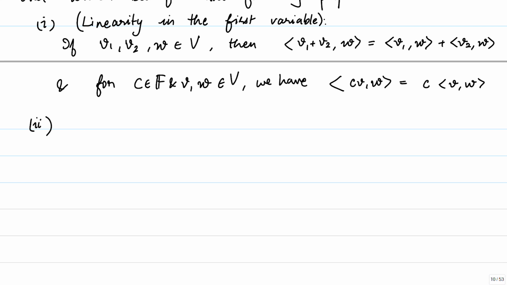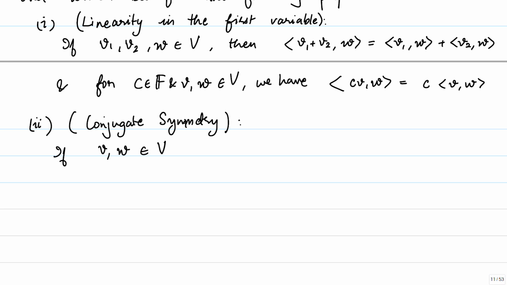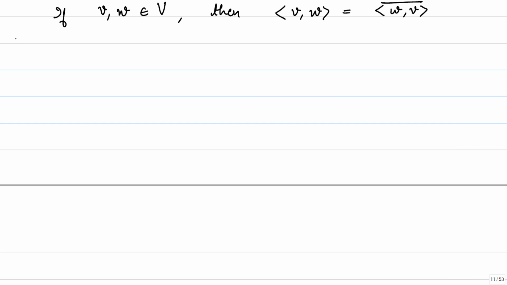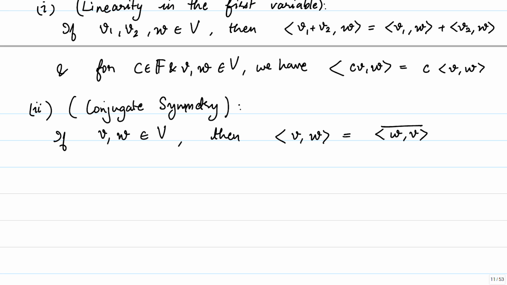So, this is called linearity of the first variable. The second one is called conjugate symmetry. So, if V comma W are vectors in capital V, then the inner product of V comma W is equal to the conjugate of the inner product of W and V. So, a digression. I will come back to this property after I finish off with the third property,